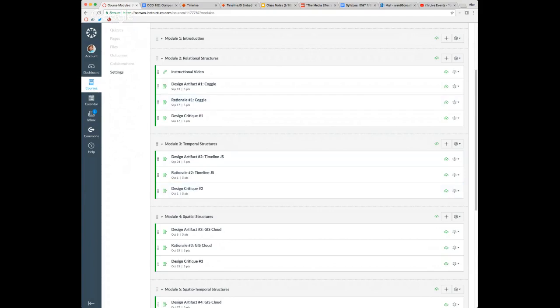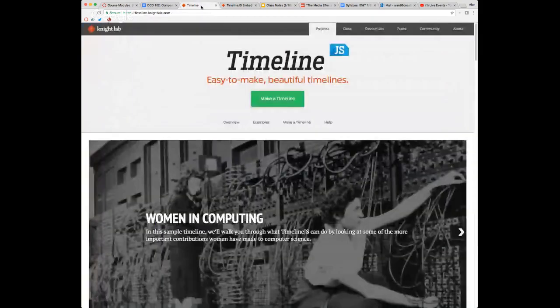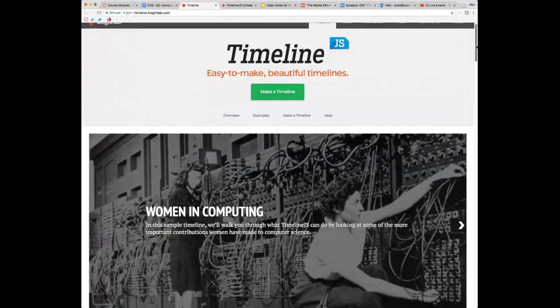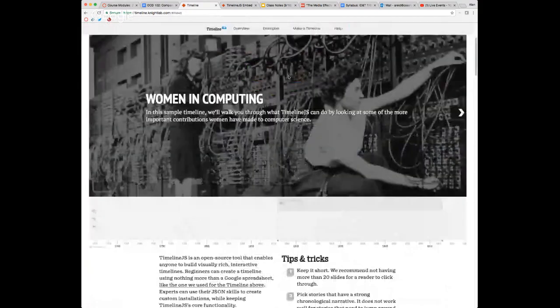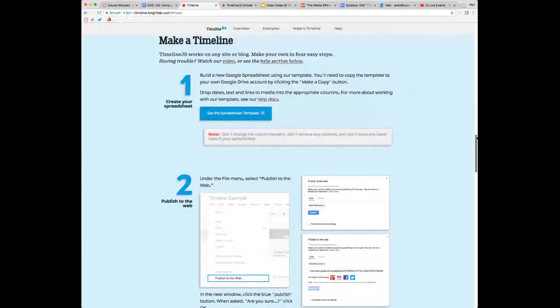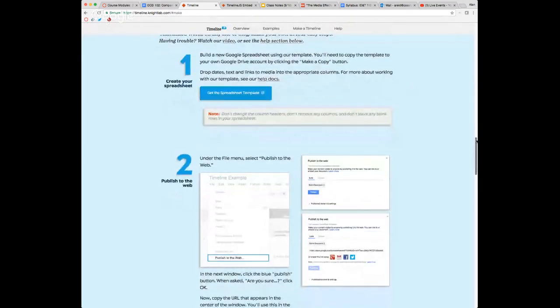As I mentioned, this module is based on a temporal structure, which is time-based, and we're using this online tool called Timeline JS. And essentially how that works is once you create an account, you can make a timeline, and it has a couple of different steps for you to follow. You're going to need to get this Google spreadsheet template, and